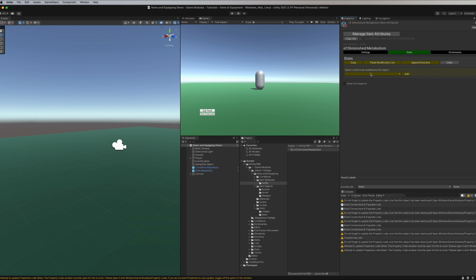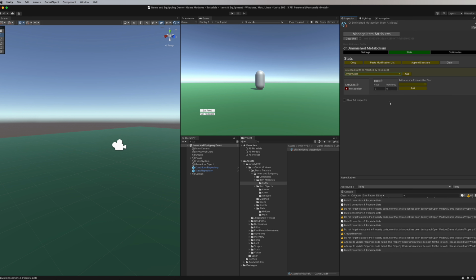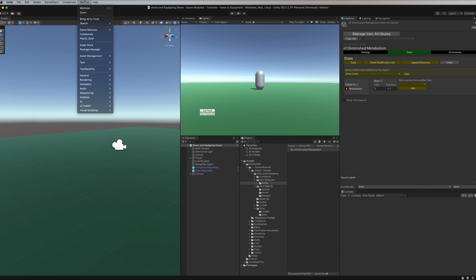Now in our stats here, we have the ability to modify stats just like the item object. Any object that has this attribute on it will also have this effect on stats. So we're going to affect the metabolism, and if you remember, our metabolism is based on the proficiency. So if we want to lower our proficiency, we're going to subtract 0.5 from that, which means if it's currently set at 1, which is the default value, adding this would cut that in half, slowing down the rate of our food consumption. Now we definitely want to make sure we open up our properties window in game modules property